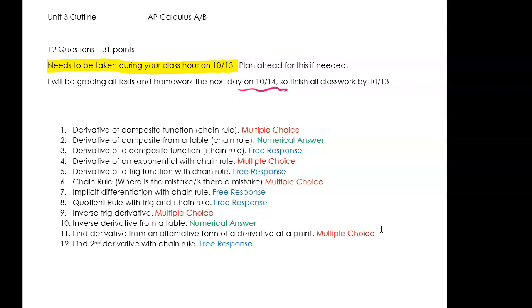So I thought we should just go over the 12 questions. Now, there's only one question on here that you haven't done yet, and that's question number 12, the second derivative, which we're going to go over together on Monday. And second derivatives aren't difficult. I mean, I can just tell you right now, it's the derivative of a derivative. So it's not difficult to do. It's just you have to understand what that means. But that's the only one we haven't done. 1 through 11, we have done together already.